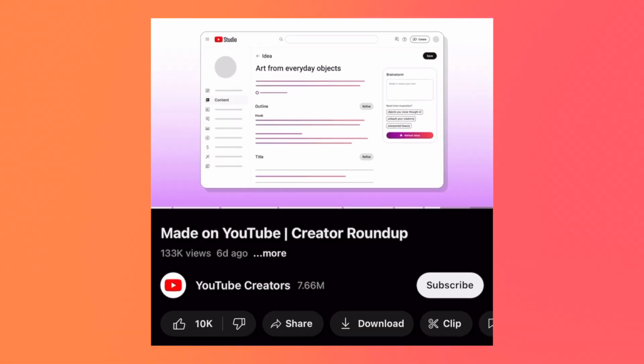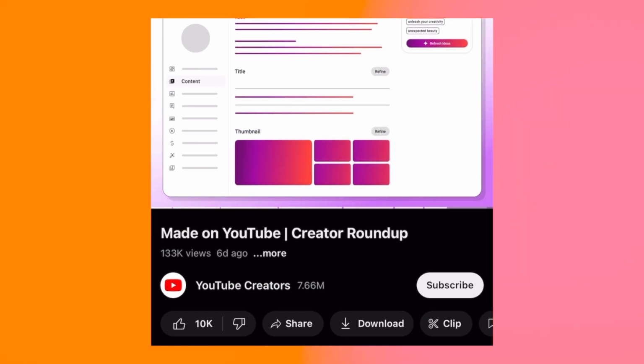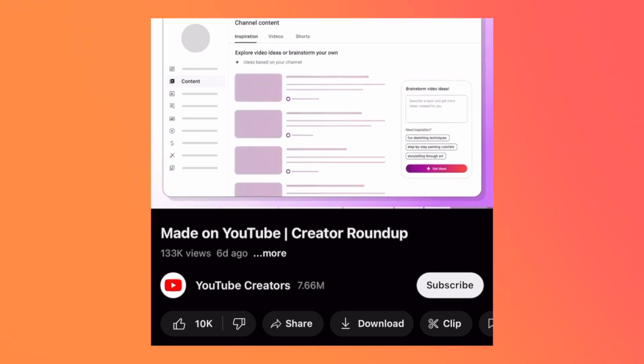Currently, you can kind of use it to scour YouTube and get a couple of suggestions for things that might do well in search, or video ideas, and seeing videos within certain concepts or ideas based on what you put to search across YouTube. But now you're gonna full on be able to come up with thumbnails and even outlines for your videos, which is gonna help overall if you are someone like me who does not do well with scripting your videos.